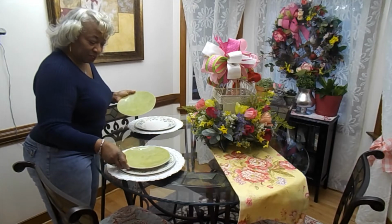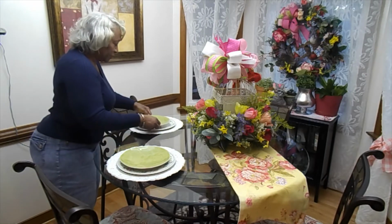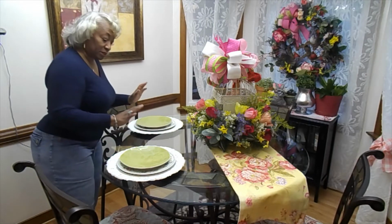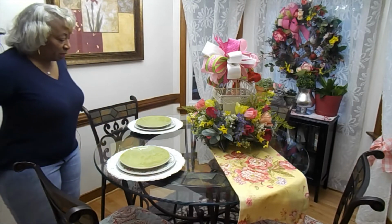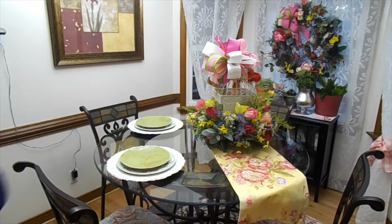So I'm going to place those right there in the center because we typically have some type of salad every night, and I think that green will just pick up very well. So there's our green, and we've got our,